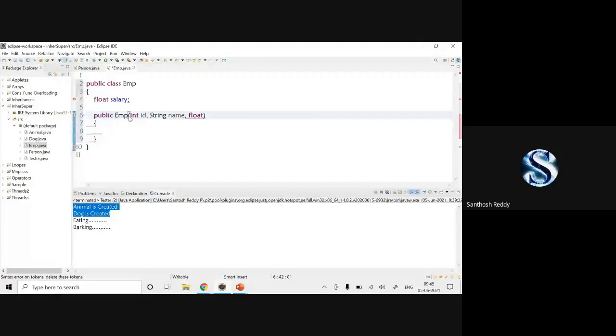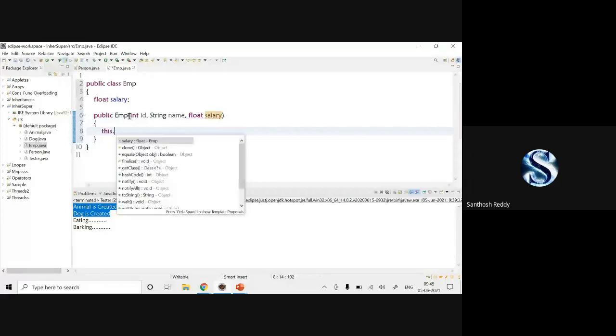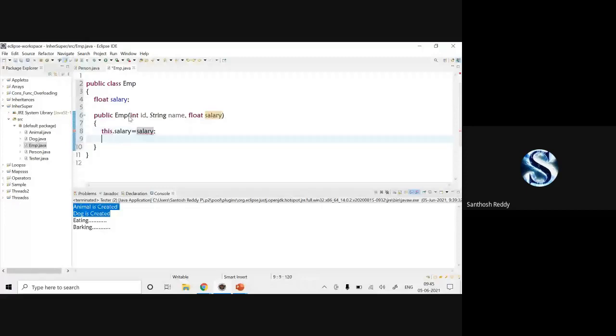And now what I'm going to do, this.salary = salary. Now what I'm going to do, super(id, name). Now say me whether the code is correct.